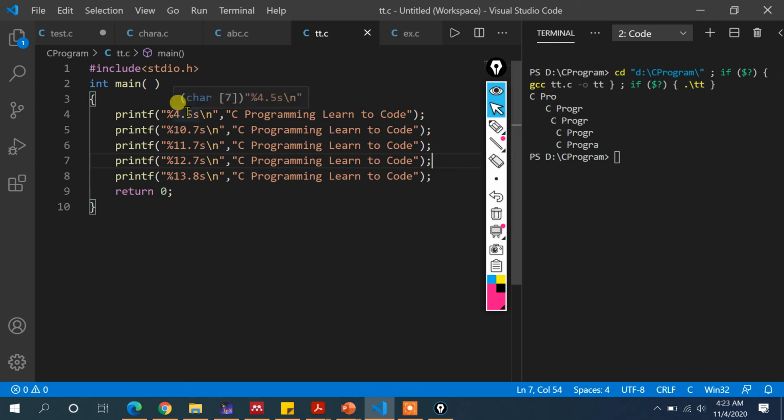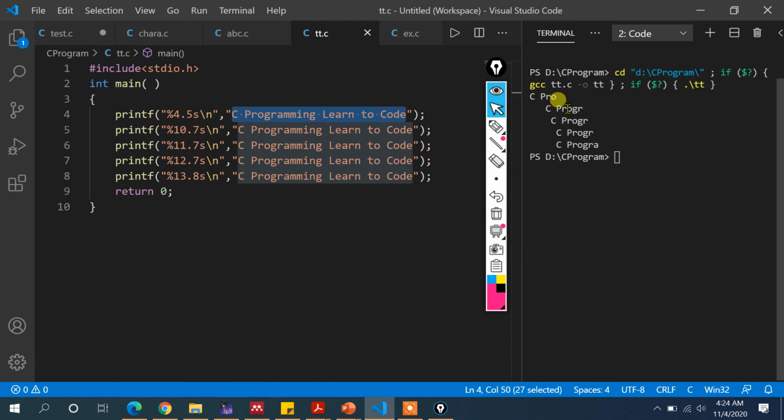So where does it come from? It comes from this 5s. Okay, so it ignores the fact that there are 4 characters present over there. Whenever you write something like this, 5 characters out of this entire string get displayed, which is something like